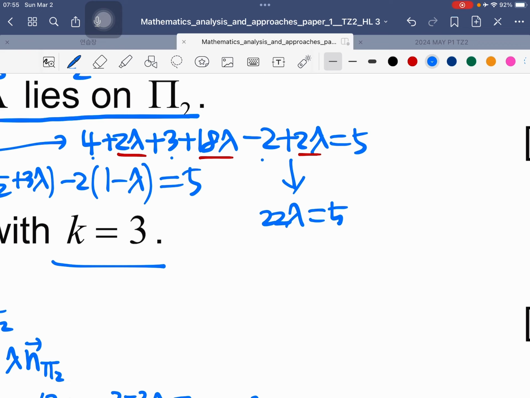4, 3, 7, negative 2 is 5. Negative 5 equals... oh, lambda is already 0. Lambda is 0, which means they already said the